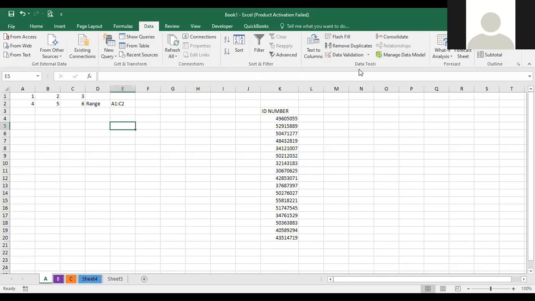We have the data tools like data validation, which is very important, that we are going to look at. We have the forecast group over here, where you can learn about what if analysis and the forecast sheet. And this is also